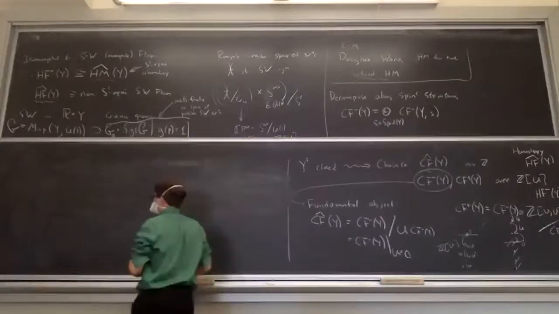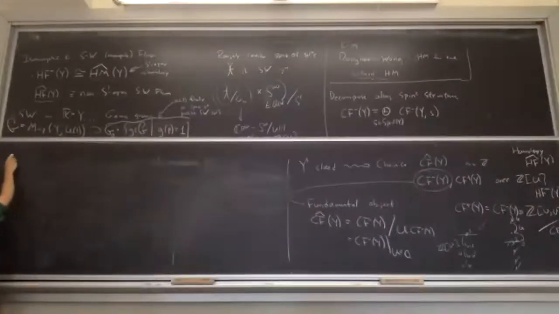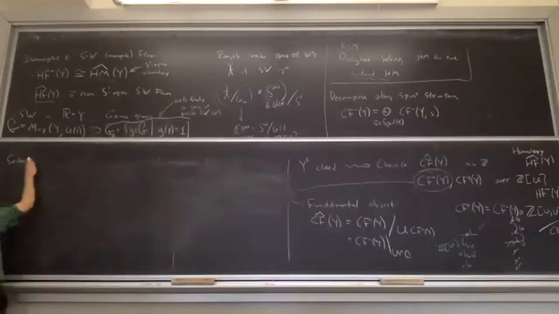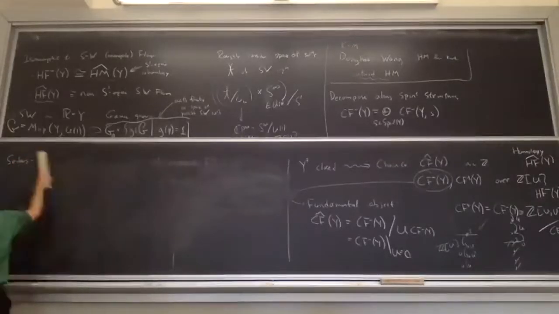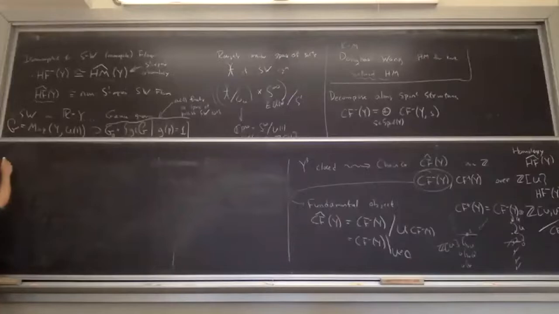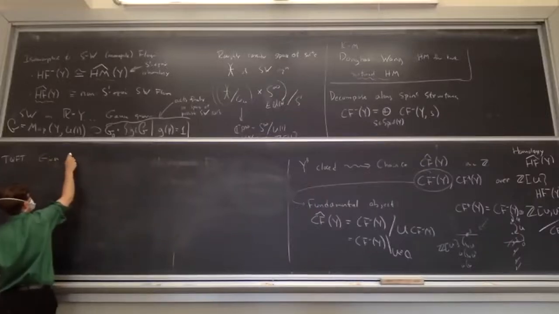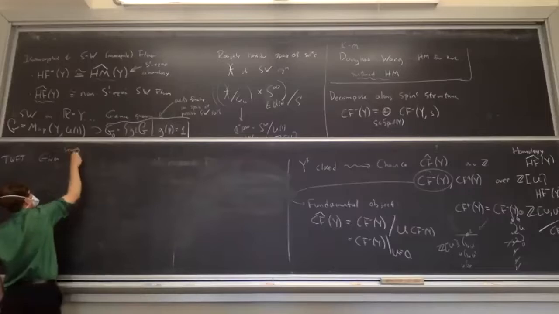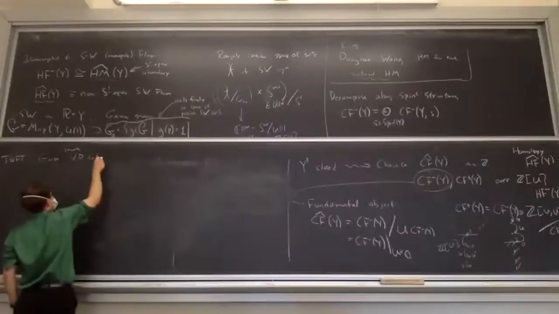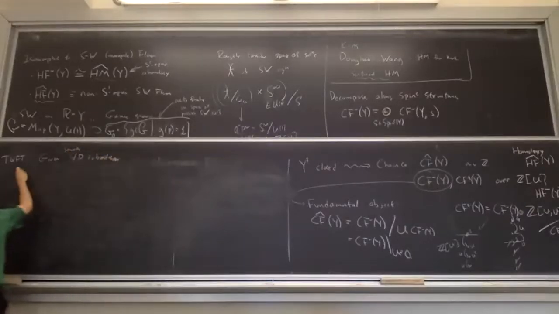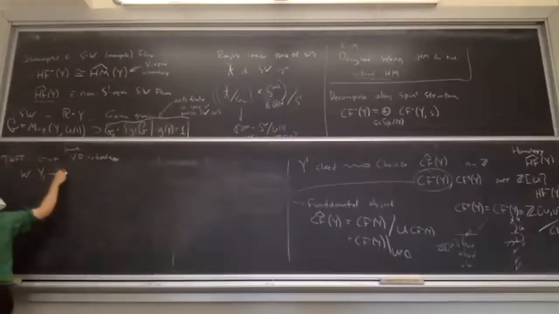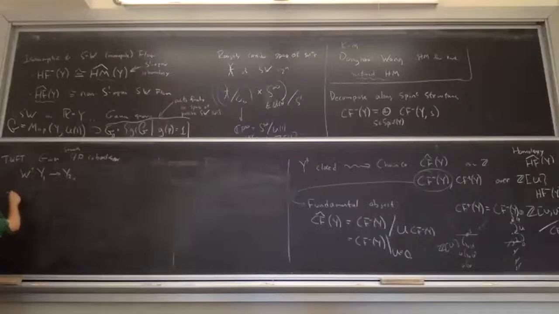And so where's the Seiberg-Witten invariant? Oh, sorry, something before that. It's some sort of TQFT. So given a four-dimensional smooth cobordism W from Y1 to Y2, you get an induced map,